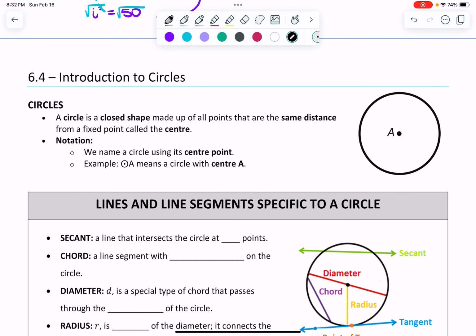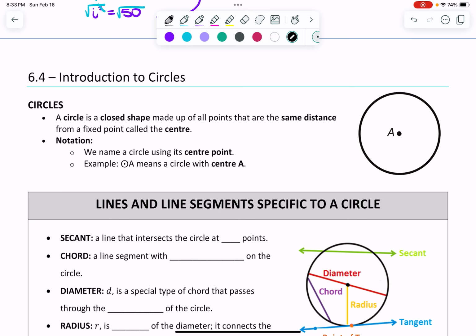Hello, grade 9s. Today we are going to start talking about circles. Now we all know what a circle looks like, but let's give it an official definition so that we're all starting off in the same place. So a circle is a closed shape made up of all points that are the same distance from a fixed